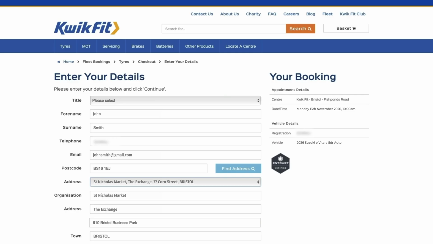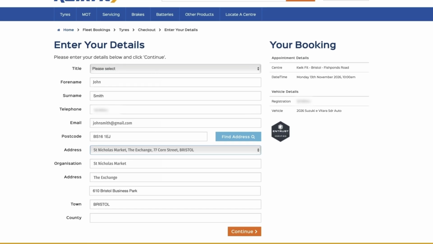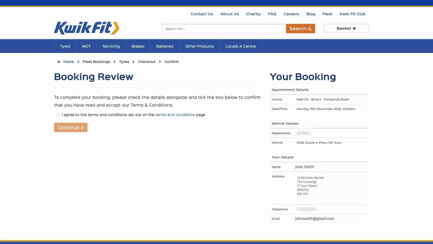Your personal details will populate, so you'll just need to check and update them if anything is incorrect before continuing. You'll only need to enter your full address if you're choosing a mobile appointment. Finally, you'll have a chance to review your booking and will need to read and accept the terms and conditions